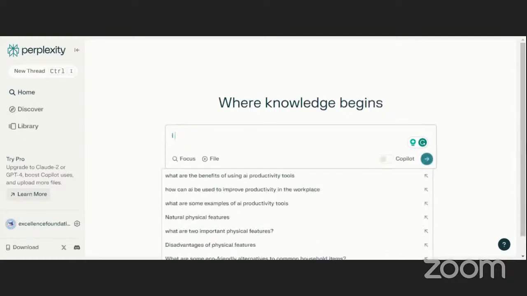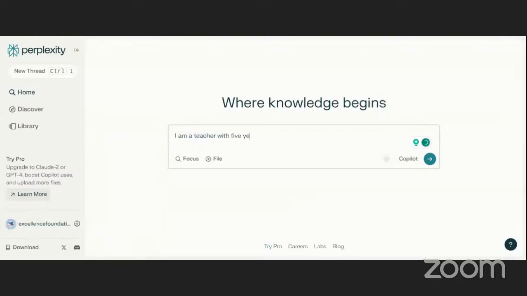I would say, I'm a teacher with 5 years experience, and I am writing a job application, write a job cover letter for the post of a primary school teacher at, maybe let's say, Juba Primary School.